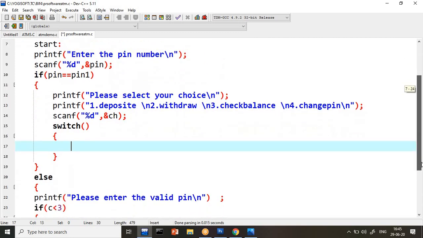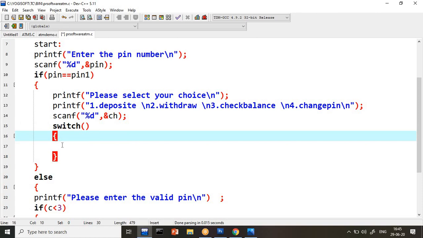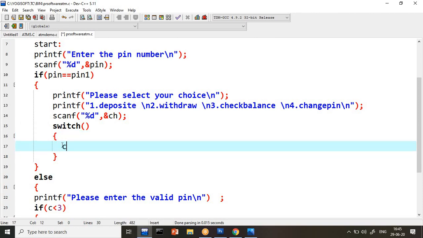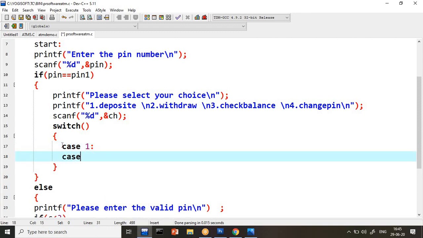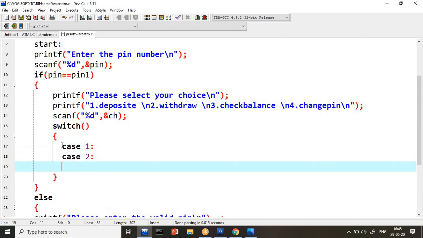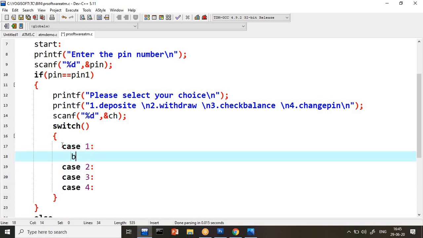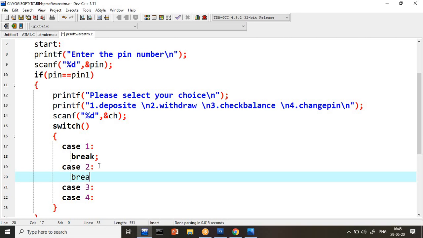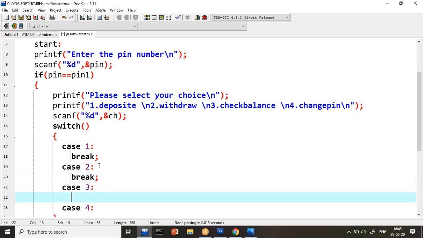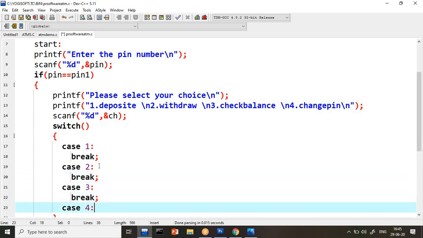Guys, very carefully when you are writing, open and closing brackets should be very close. Switch, immediately I open and close. Inside that I will write the condition. So case 1, total how many conditions do I want? 4 conditions. I will write 4 conditions immediately: case 2, case 3, because many students come to me saying, sir, I am not getting brackets and all, so I'm telling you how to remember very easily. After that immediately you have to write the break. Here also break. So when you write so many lines of code, you will not get confused. First we write it like this.